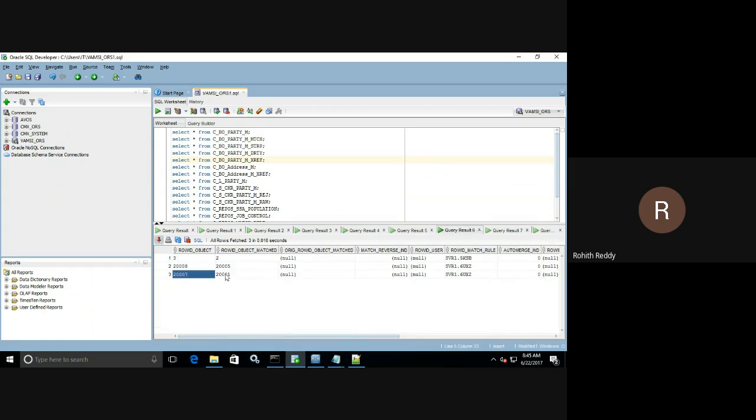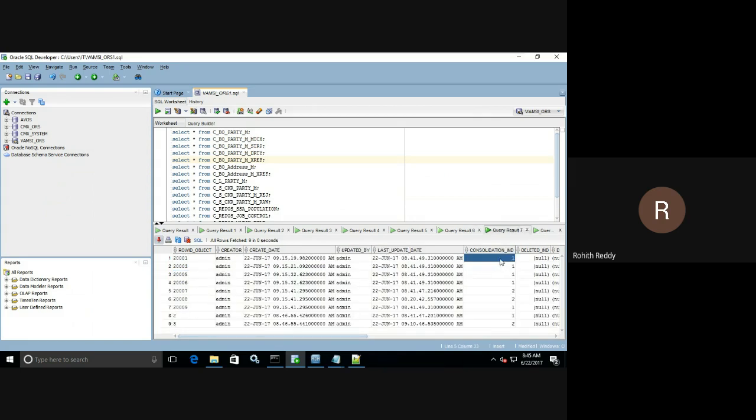It will show 2 records for the manual match process. I will show you, okay, when it comes to the manual match process, when we match this record, these 2 records will combine, and that consolidation indicator will become 1. It means this record and this record get matched, and the consolidation indicator would become 1. Okay. But here, only for one record it is